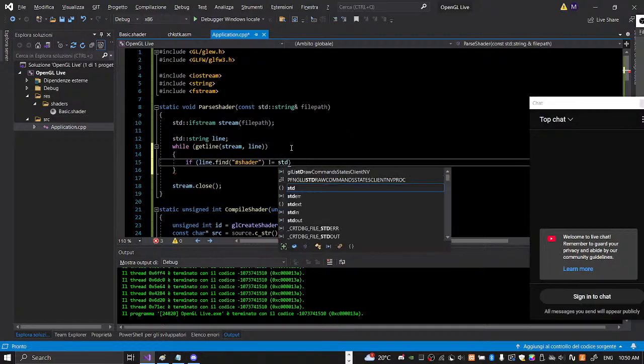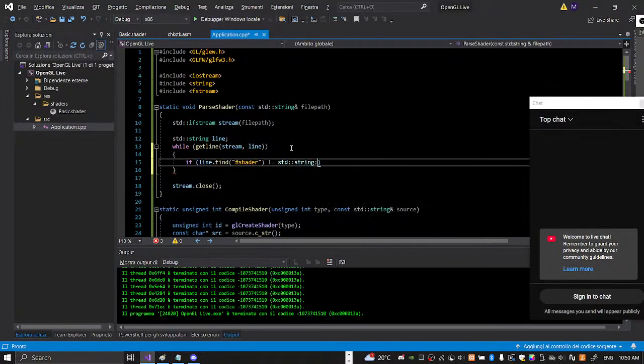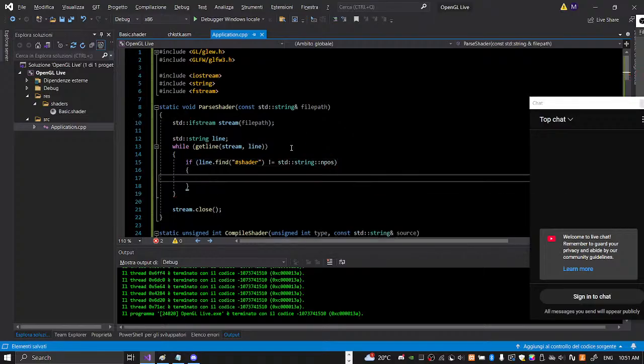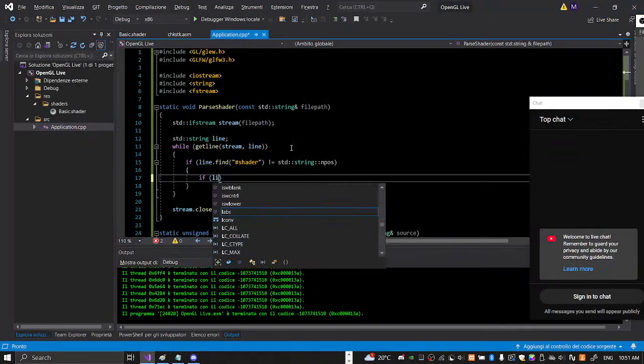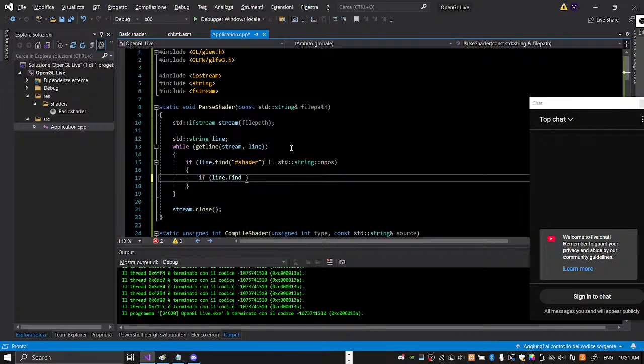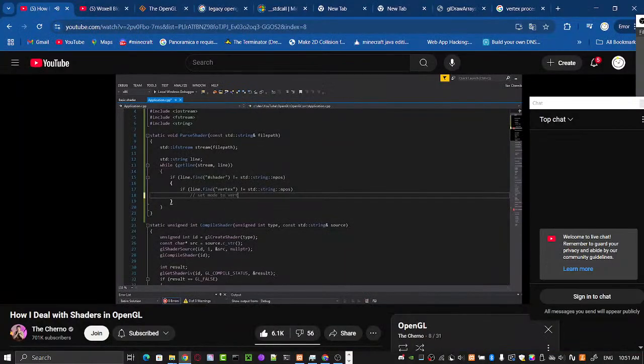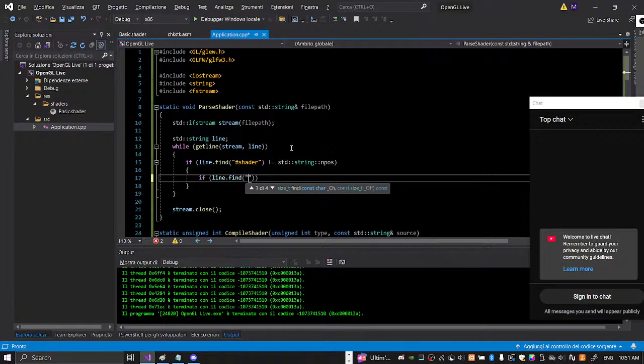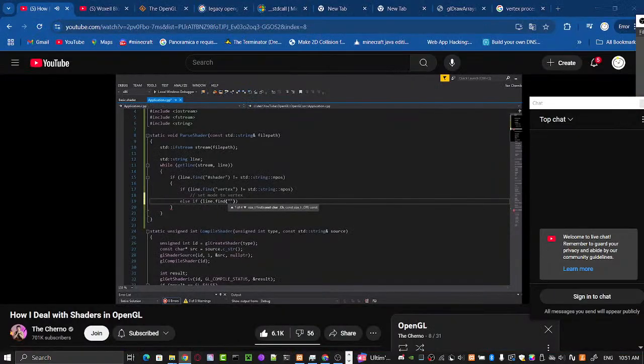So if it has found shader on that line, we need to find which type of shader it is. And again, I'm just going to use line.find to check if it's vertex. If it finds vertex, then we're going to have to set the mode to vertex, which we'll do in a minute. And otherwise, if it finds fragment, so if that